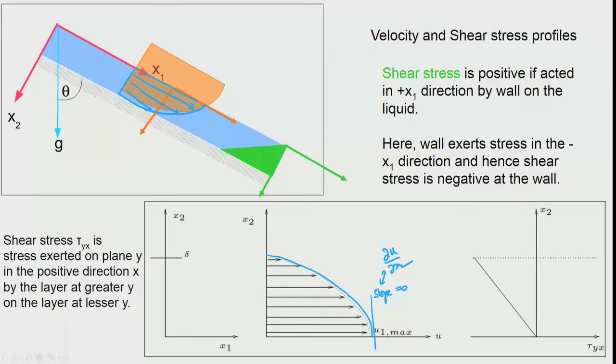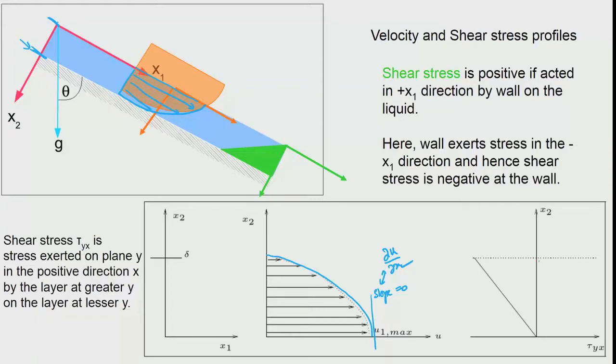and the slope here will have some value, that means that the shear stress at the x2 is equal to delta, which is basically here on this side, will have some value. So, here the shear stress is 0 and here the shear stress has some value, and the maximum velocity is here, and the velocity at the interface between the wall and the liquid at this location will be 0. So, you could actually see that the parabola and the straight line are evident, and we now again look at the definition of shear stress and see what we meant by the shear stress being negative or positive.